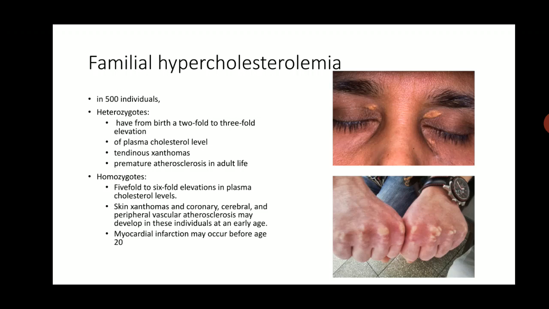The drug of choice for this condition is statin. Statin is a drug which inhibits the HMG-CoA reductase, thereby reducing the intracellular cholesterol production. Decrease in cholesterol removes the feedback inhibition of LDL receptor, and hence more and more LDL receptors are produced which help in clearing the blood of cholesterol.